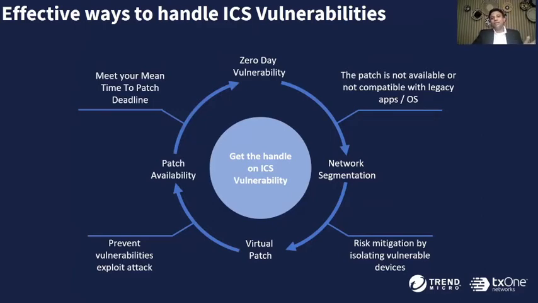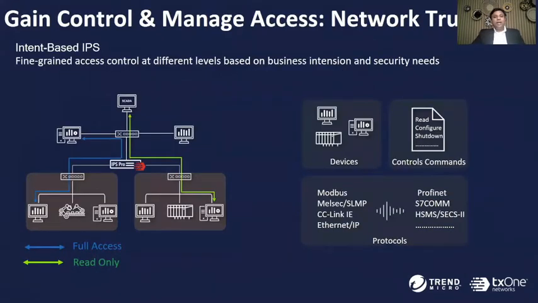You can say how you can contain the attacks, how you can cover the vulnerability gap using a network IPS and segmentation, having virtual patching in place. And the third level of control that you can enforce from the network level is a trust list, like who can access what. So you can even go to a granular control with OT protocol inspection to say, hey,